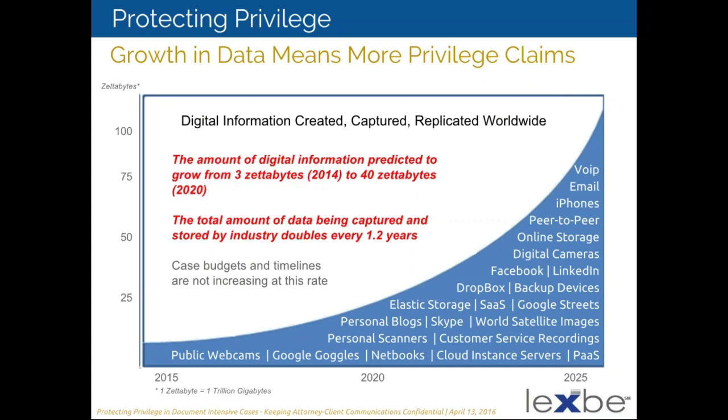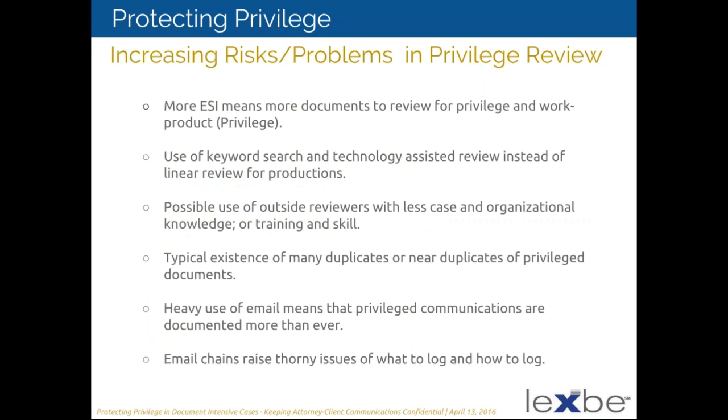This is because we don't have more time. We can't expand how much time discovery takes, and there's not more money. Cases are worth what they're worth, and there's not more money for discovery review or privilege review or eDiscovery vendor costs. So we need to be getting pretty massively more efficient every year. The only way this can really be done is with effective use of technology, along with procedure changes. So this is ongoing.